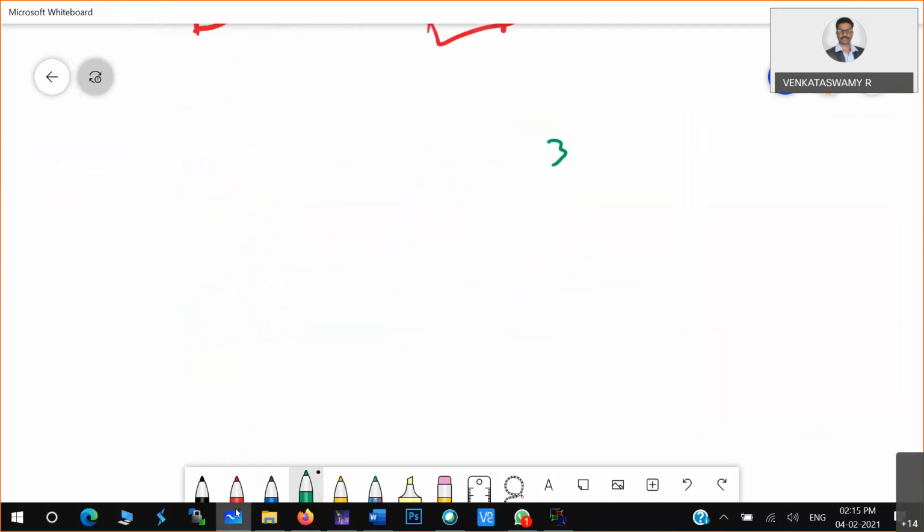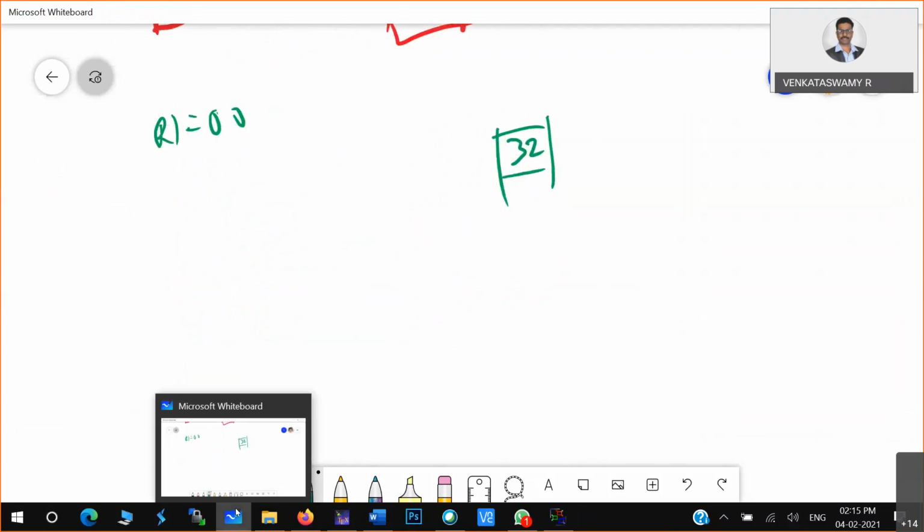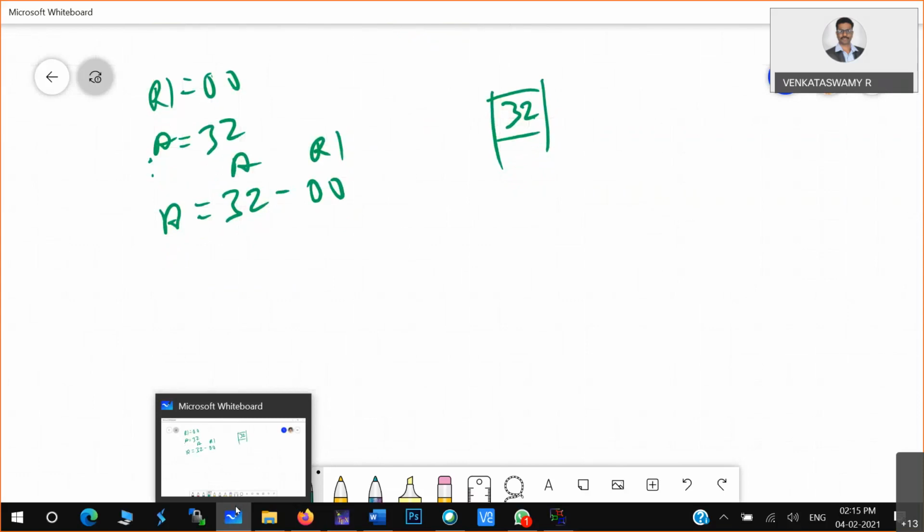External memory content is 32. So 32 I have taken. Initially, the value in R1 is 00. Now you are taking this number 32 to the accumulator. Then you are performing a subtraction operation between A and R1. So in this particular process, what happens? If the fetched number is greater,